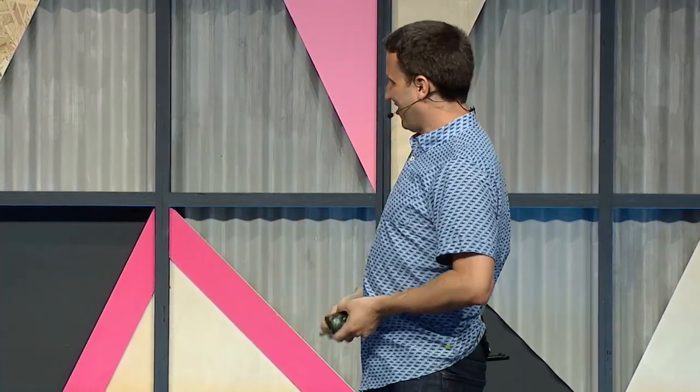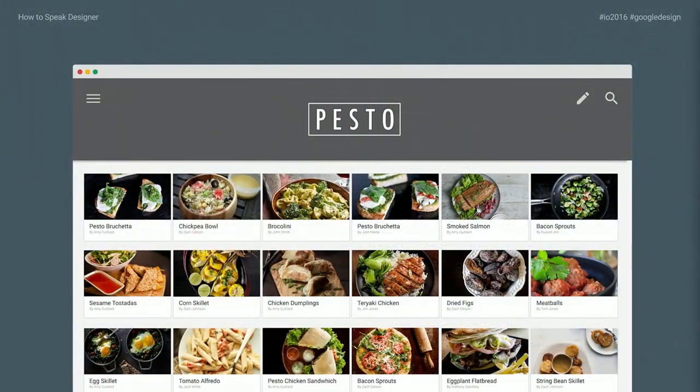So we've talked process, we've talked interaction, visual, motion, design. Let's pull it all together in a quick example. We're going to do a lightning round design review, showing three stages of a product. And for this one, we're going to use Pesto, one of the brands that Rob mentioned before. That's the cooking app where the goal is to have this beautiful, richly illustrated cookbook-style experience. All right, Rob, take it.